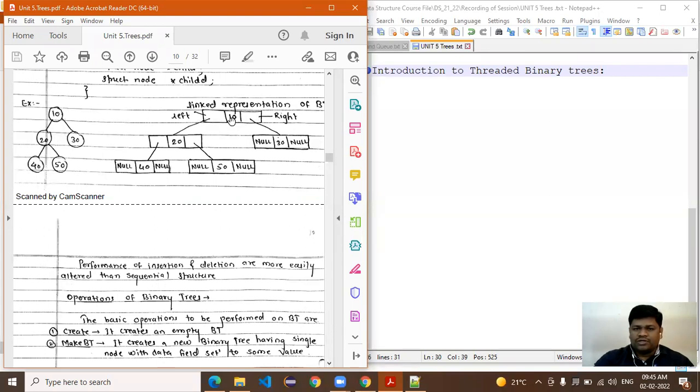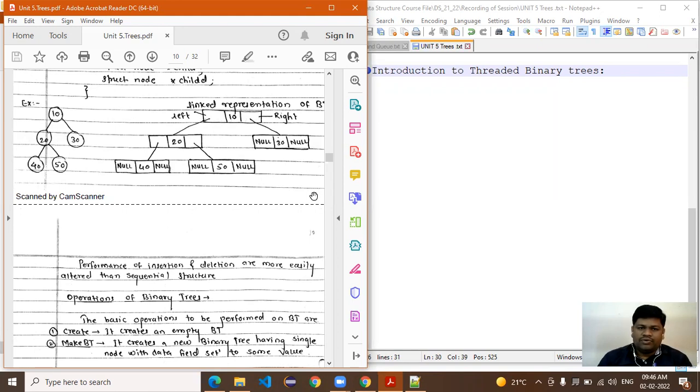Here, three parameters I'm using to construct a single node. One is the left pointer, another one is the right pointer, and in the middle I'm considering the actual data, or actual value, of that respective node. Now here, what is the root node in the binary tree?